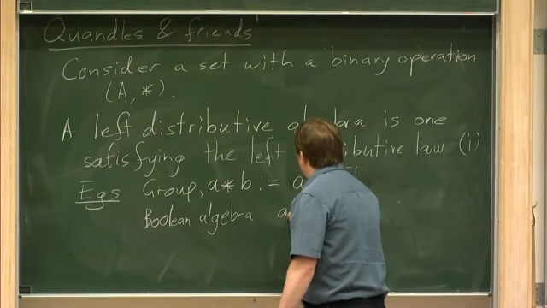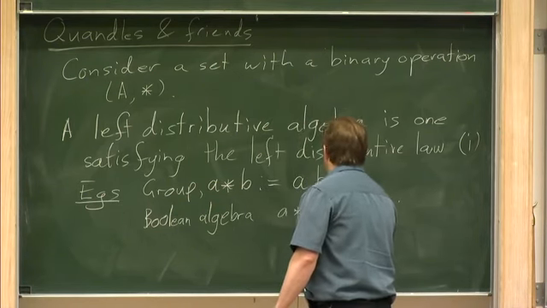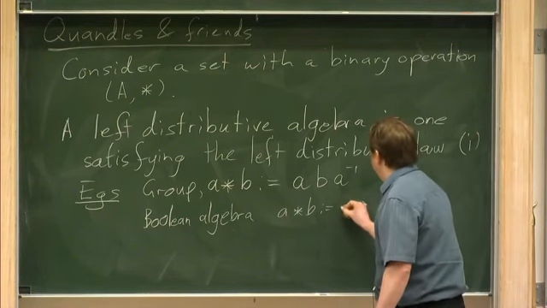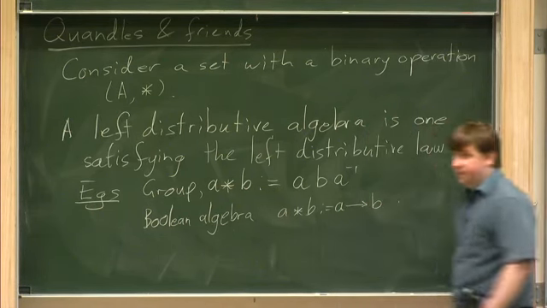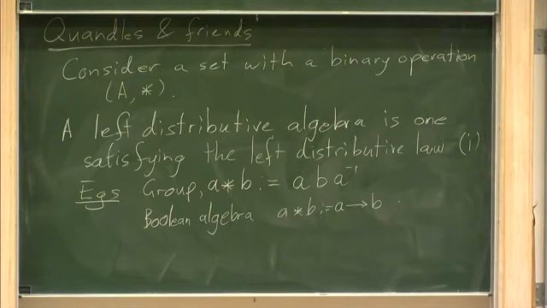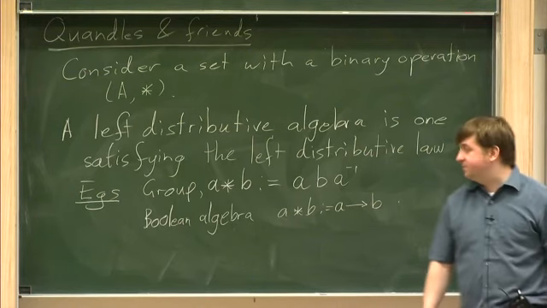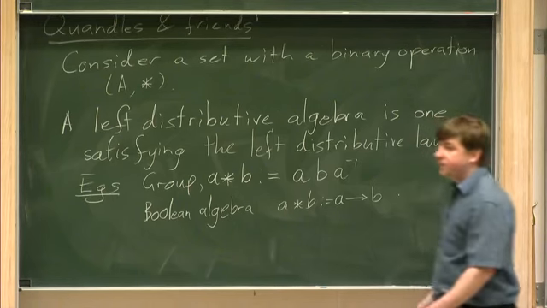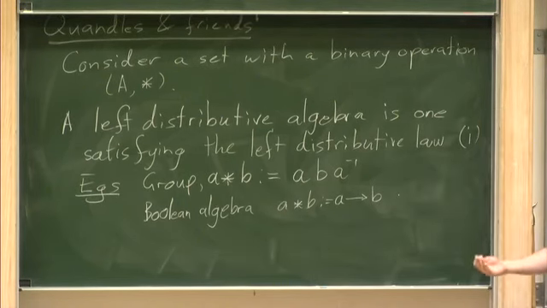And A star B is your implication operation. Just A implies B. Then if you take this, put an implication operation there, check with truth tables, you'll find that that works. And another example, which is how Sheila and I got into thinking about all of this stuff,